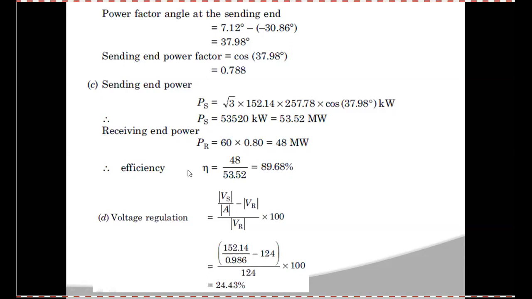So you can determine the efficiency, which is the receiving end power divided by the sending end power. So the efficiency of the line is 89.68%. Now the voltage regulation general formula is the magnitude of VS by magnitude of A minus magnitude of VR, divided by magnitude of VR. So now you know the value of the magnitude of VS, and you know the